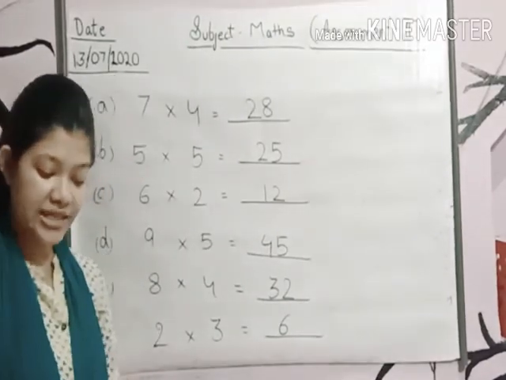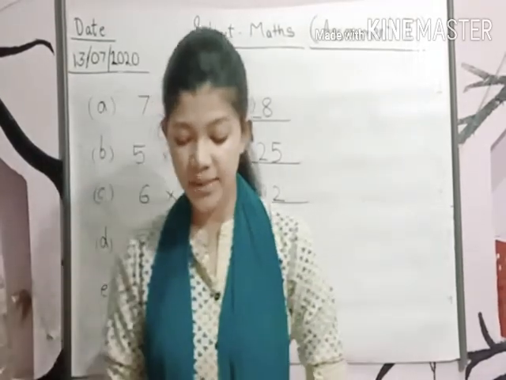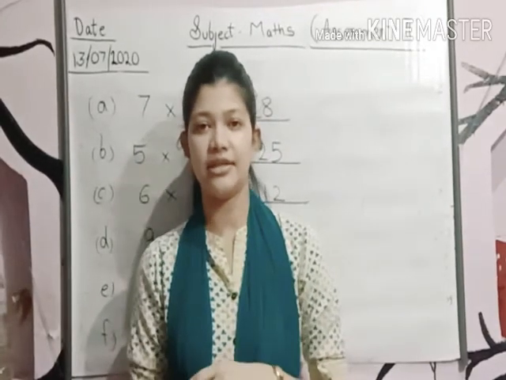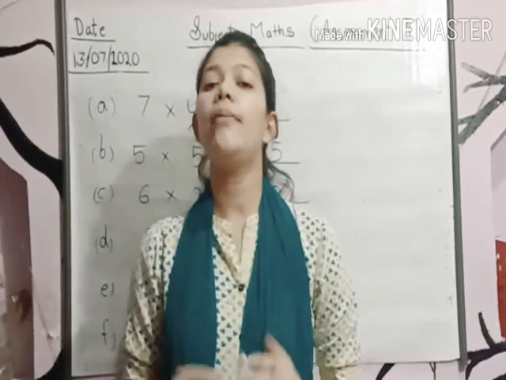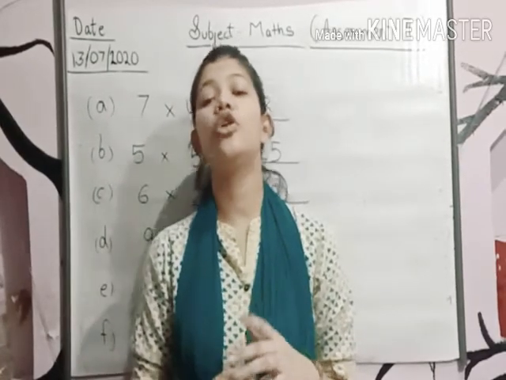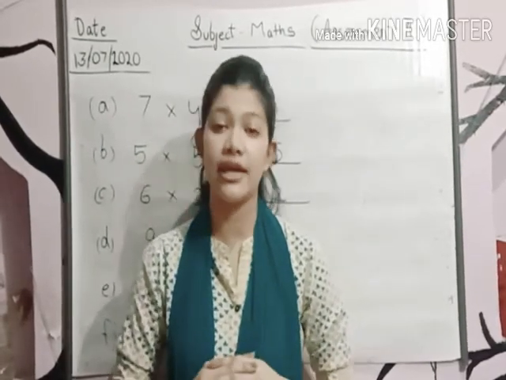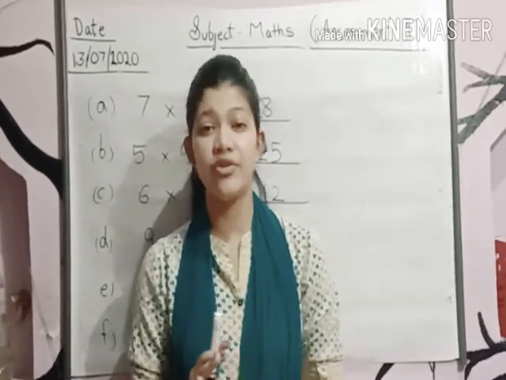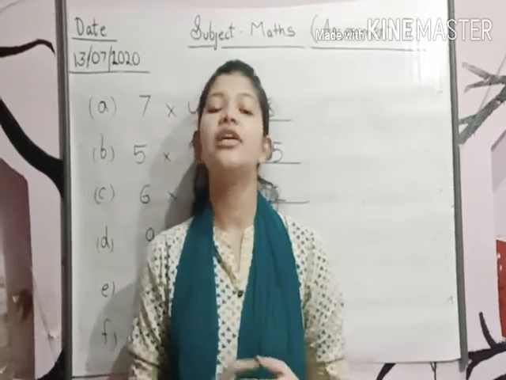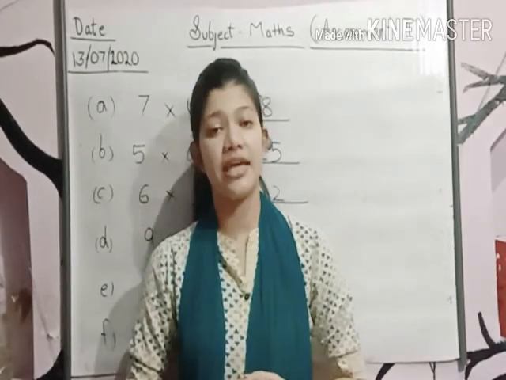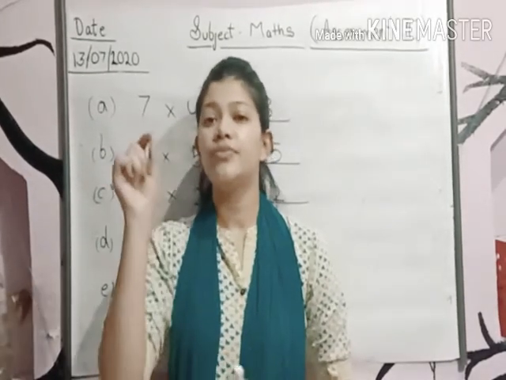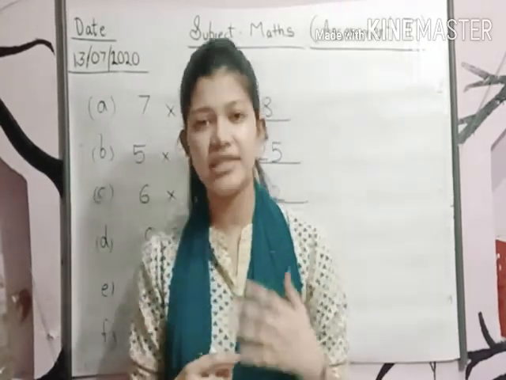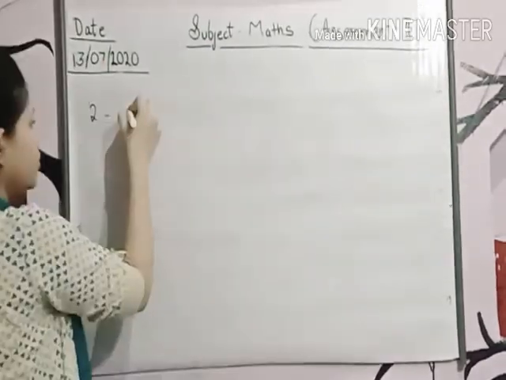Now see, the next question is: match the multiplication problems with their answers. See, this is very easy. And remember, if you are matching them, then please draw the line with the help of a scale. Don't draw a freehand line, otherwise it will look like a mess, very untidy. So draw it with the help of a scale or else write A, B, C, D. Okay, clear? Now let's take the first one as an example.